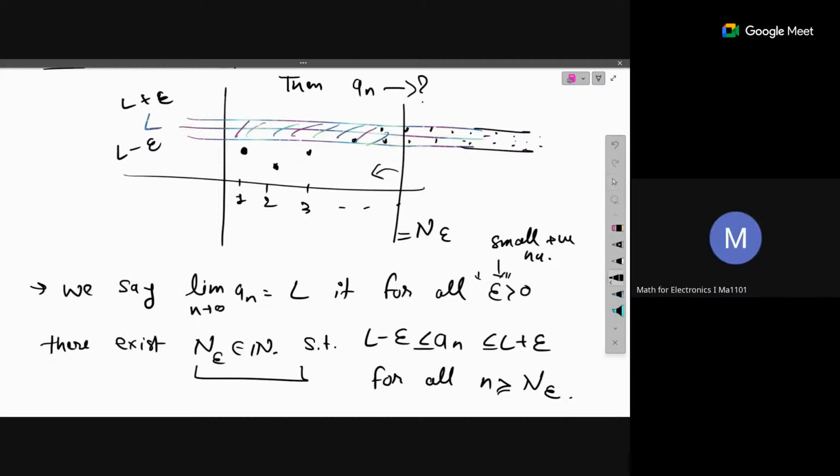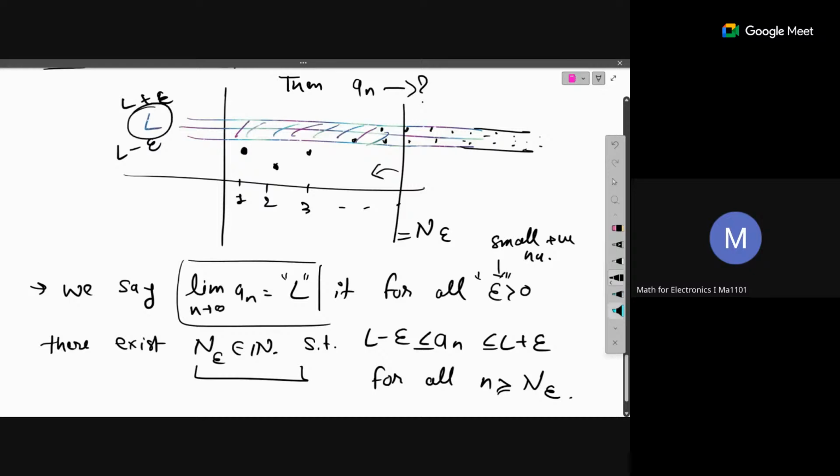Okay. So here what we want to understand is, if n goes to infinity, where do the terms of the sequence a_n reach? We say that this limit is equal to this particular number L, if we take any small rectangular strip over this L. For this any small, I am taking this epsilon greater than 0. This epsilon greater than 0 gives us the freedom that you can choose a very narrow rectangle strip here near L. So we say that this particular number L will be our limit if for all epsilon strictly greater than 0,